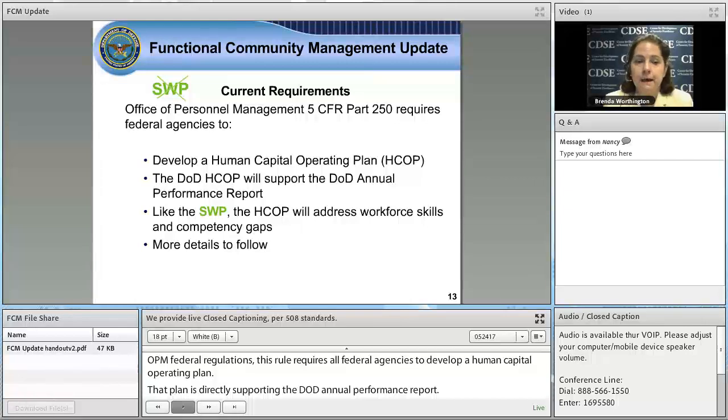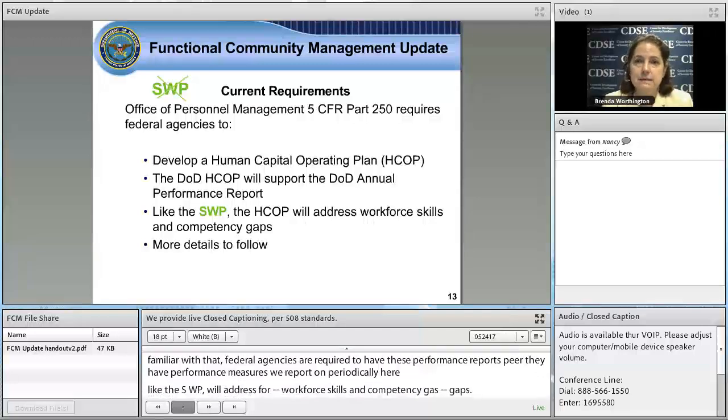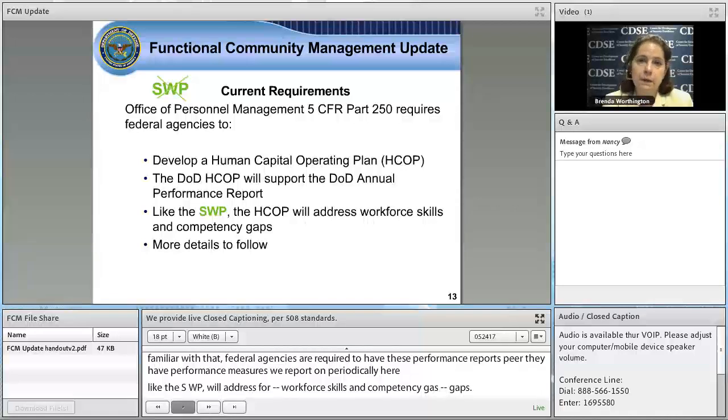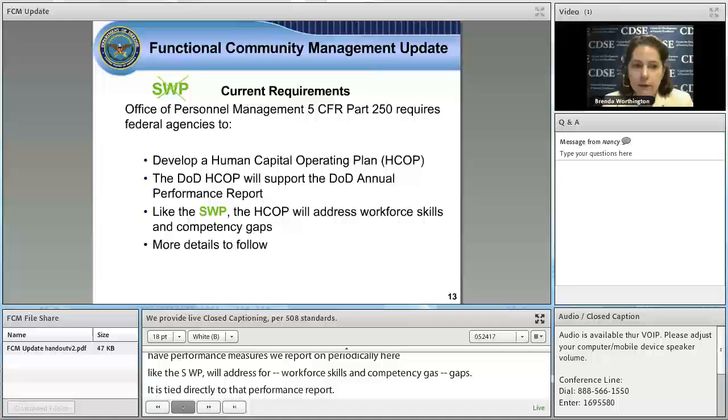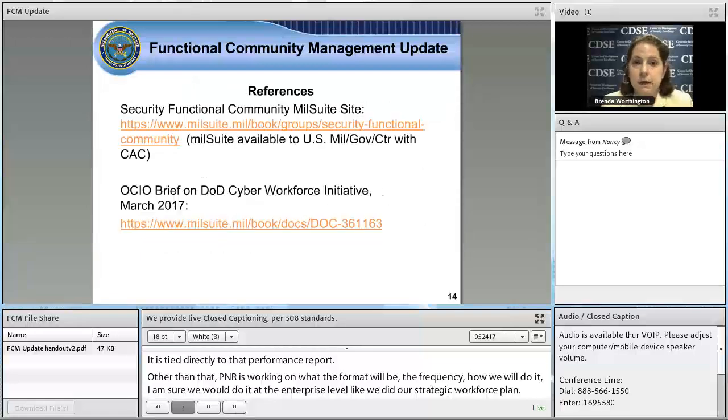Like the SWP, it will address workforce skills, competency gaps, future requirements, but it's tied directly now to that performance report. Other than that, P&R, Personnel and Readiness, is working on what the format will be, the frequency, how we're going to do it. I'm sure we'll do it at an enterprise level like we did our strategic workforce plan. I'm sure that the functional communities will have a role, security and all the others, and so I expect more details to follow. The place to find these additional details, as I mentioned, is my MillSuite site, which is